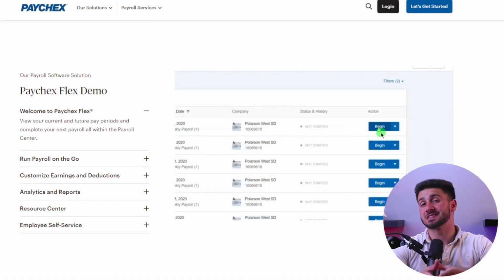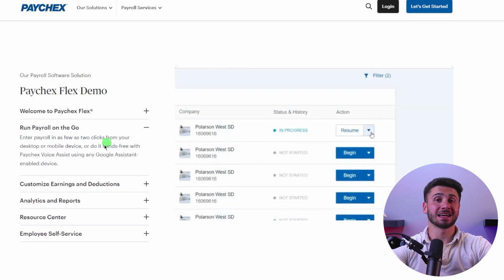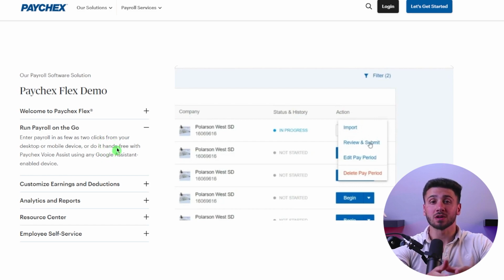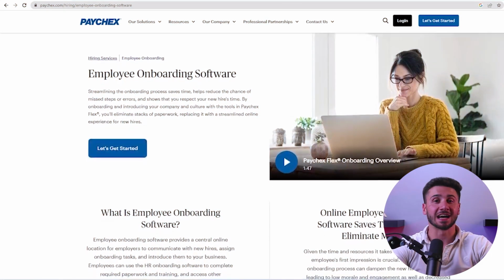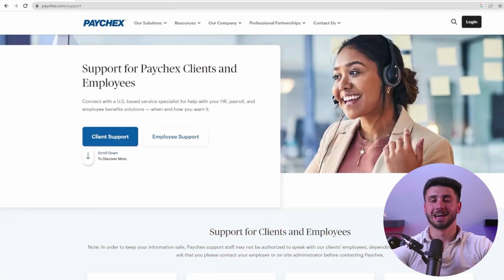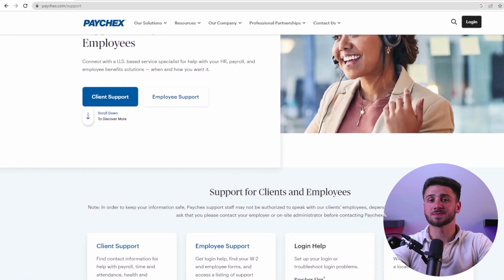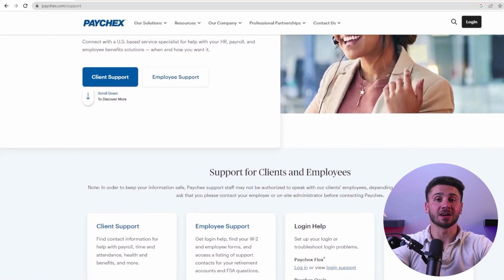Now, the benefits of Paychex payroll software are numerous. First, it can save businesses time and money by automating many of their payroll processes, which means employers can spend less time on administrative tasks and more time on growing their business. Also, Paychex offers accurate tax services, which helps businesses avoid costly mistakes and penalties. Additionally, Paychex offers a range of HR services such as employee onboarding, background checks, and employee benefits, which can help businesses attract and retain top talent. And finally, Paychex offers excellent customer support with a team of experts available to assist businesses with any payroll related